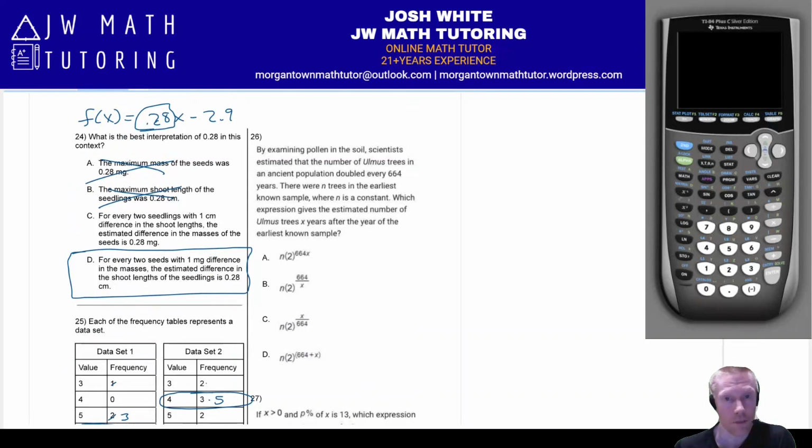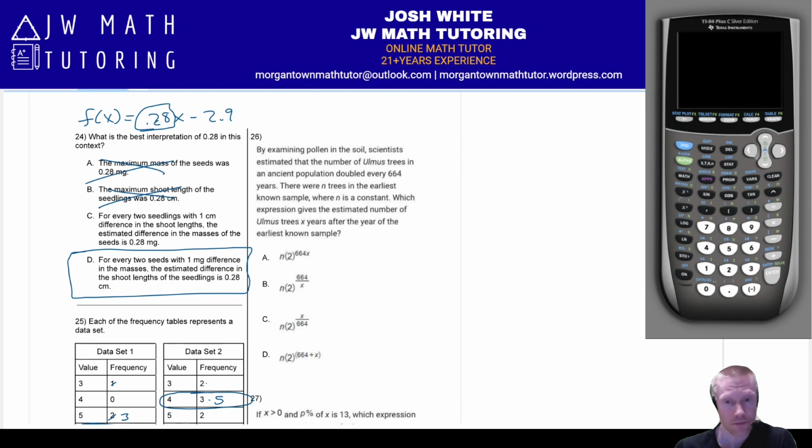Okay, moving back up to the top of the page, problem number 26. Here we have basically an exponential function, and they tell us some information about the situation. We want to figure out what the equation actually looks like. So first of all, there's a couple different ways you could do this. The theoretical way to look at this is to realize that whenever something doubles, you're multiplying its value by 2. Okay, so since it takes 664 years for it to double,